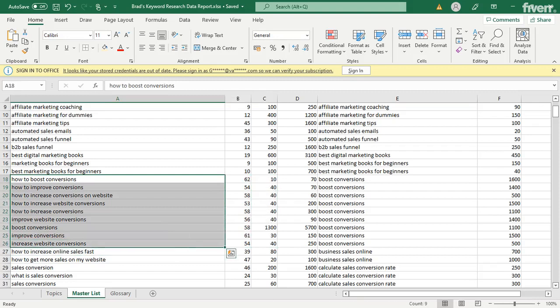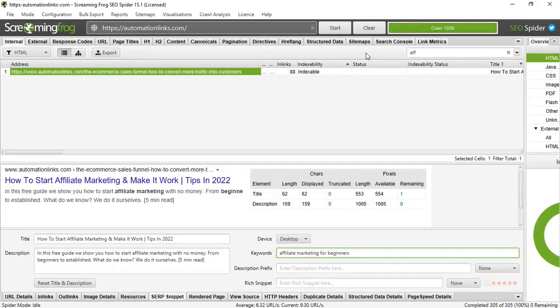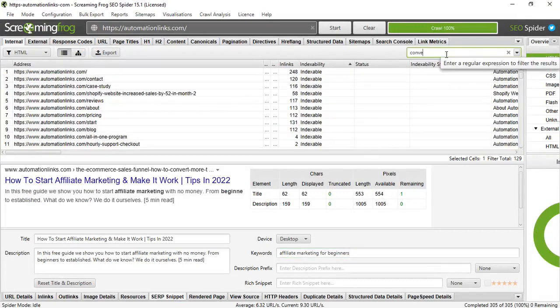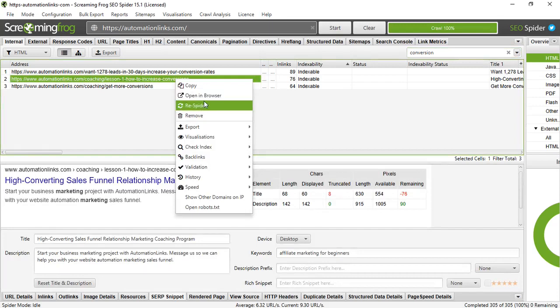A good example is if I go to your Screaming Frog crawl, conversion. Okay, look at these three articles here. Now, the first thing I would say is these are indexable, and people will often say to you, oh, even if you put a gatekeeper on your website, they're indexable so Google knows what it's about. The problem is Google does look at user experience data. And so if I go to this article here,